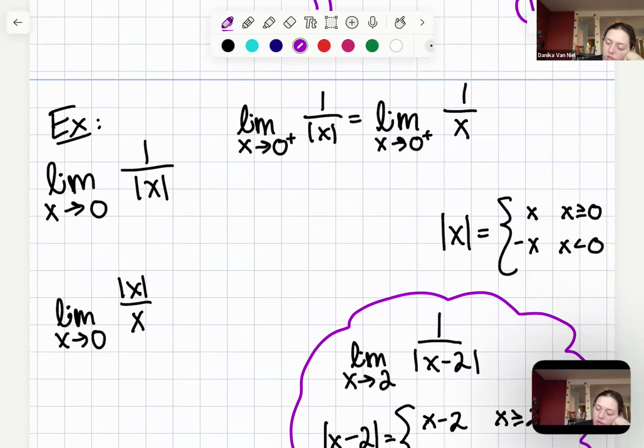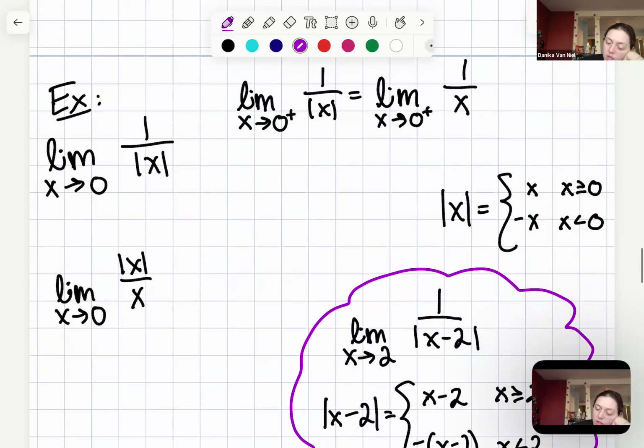It's just I don't usually write it out like that. So this goes towards infinity. And for the limit as x approaches 0 from the left of 1 over absolute value of x,